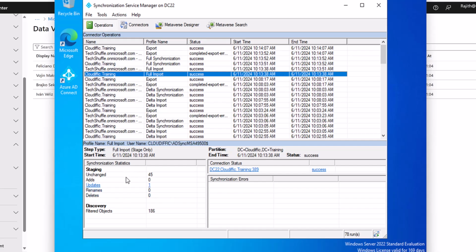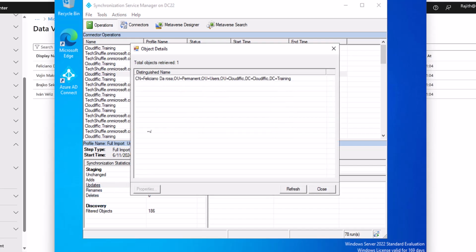And further down over here on the bottom pane, it shows you more information regarding that particular sync. So it says as part of that particular full import, there was one update. And if you click on that, it will tell you what the update was. So this is the account that we fixed,